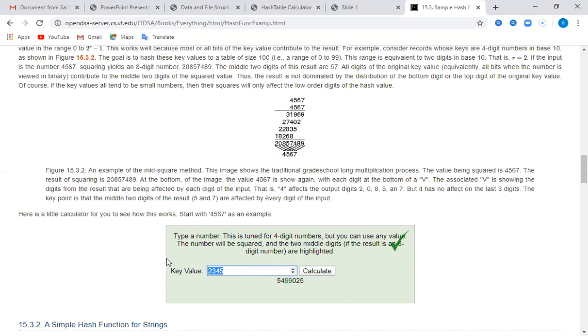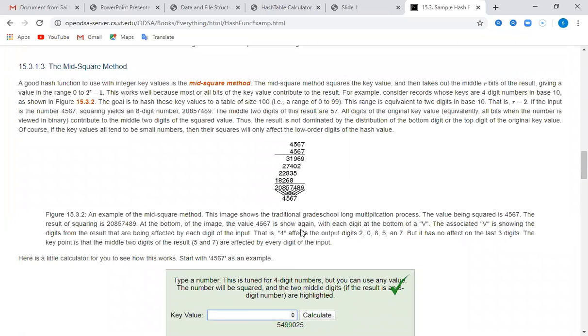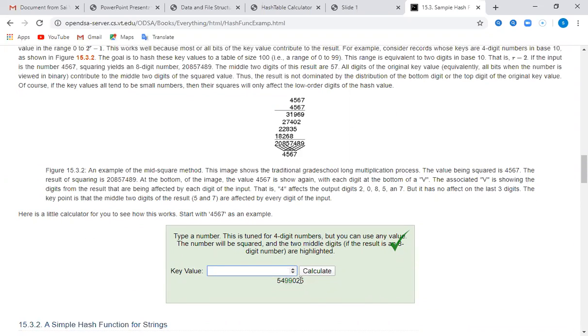So tell once again one more 4-digit number. 7494. Okay, so we will get 56160 when squared.